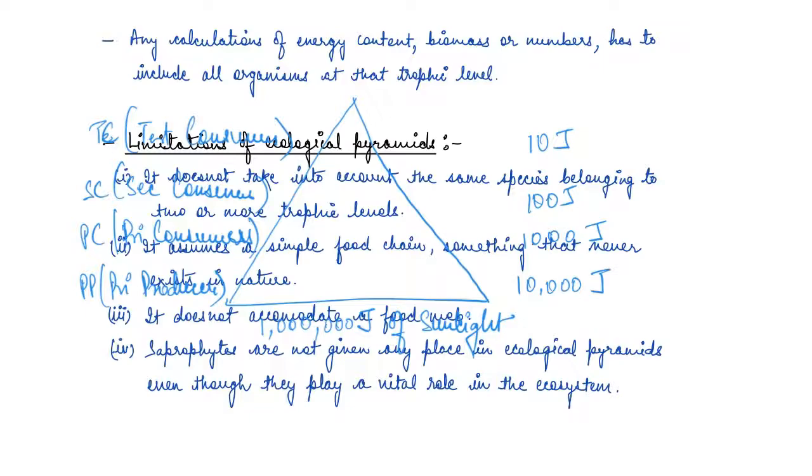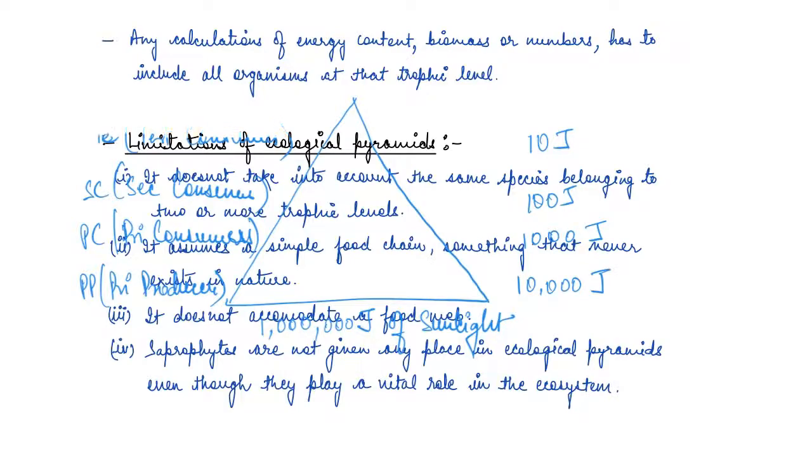Now you'll have one more thing, right? So basically, we said pyramid of biomass in sea, in aquatic system, is generally inverted. In a similar way, pyramid of energy will always be upright. It can never be inverted because energy, when it flows from one particular trophic level to the next, to the higher trophic level, some energy will always be lost in the form of heat, right? So it will always decrease if we compare it with the previous trophic level, right? So there will always be a difference, right?